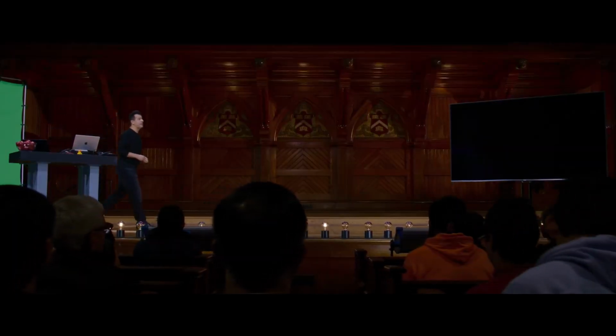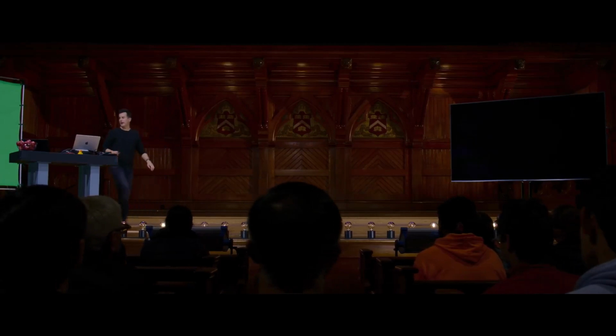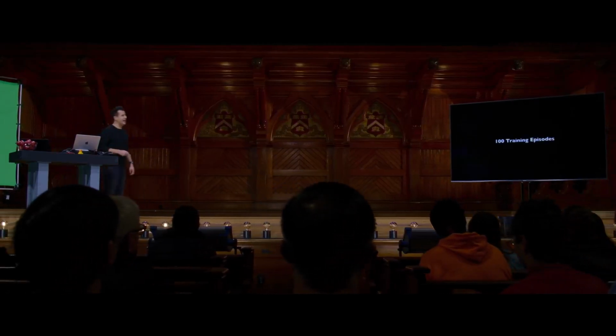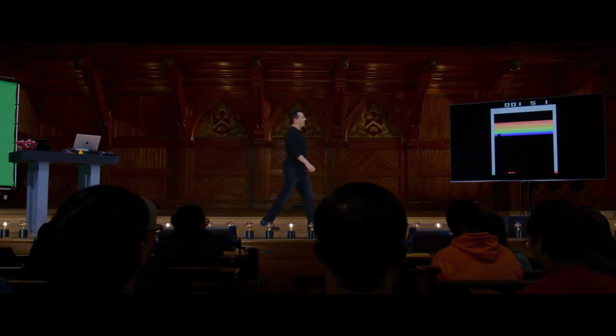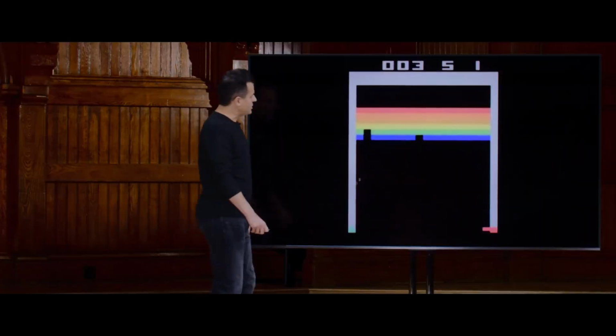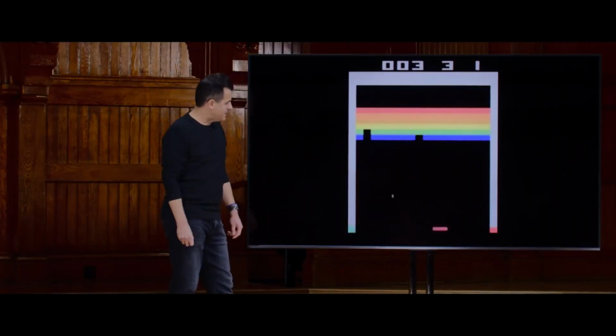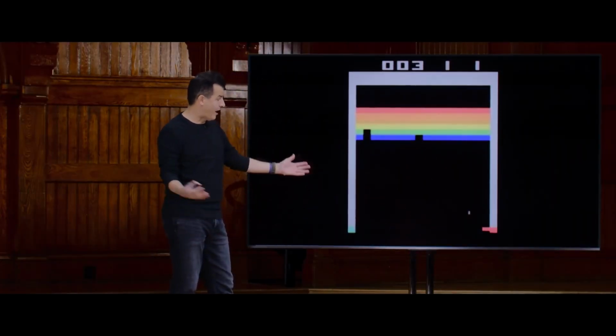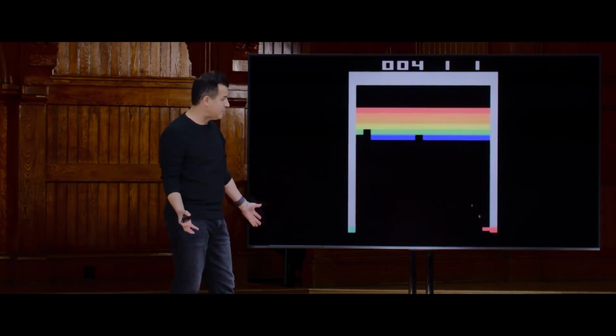Let me go ahead and pull up another video recording of an AI playing Breakout. And what this AI is doing is essentially figuring out, maybe more intelligently than you or I could, how to play this game optimally. And what we'll see here is that, just like the pancake flipping robot, there's some notion of scoring and rewards and penalties here. So right now, the paddle's just doing random stuff. It doesn't really know how to play the game yet.